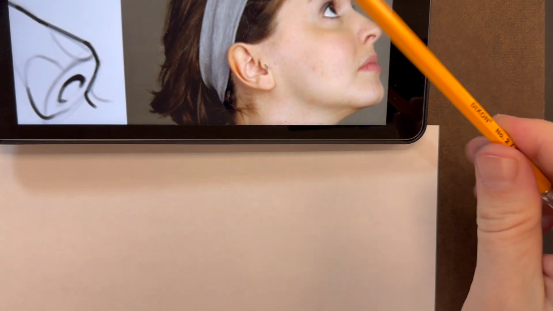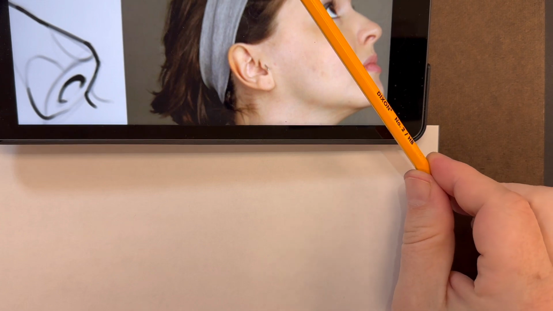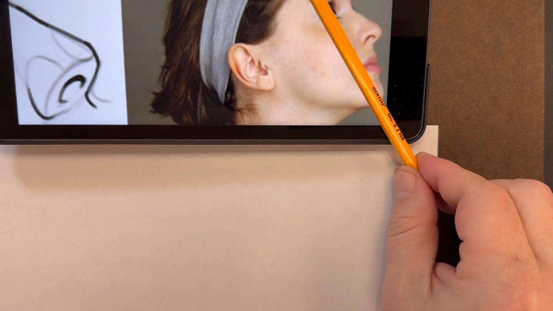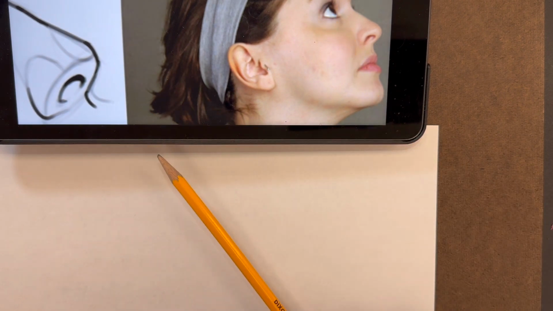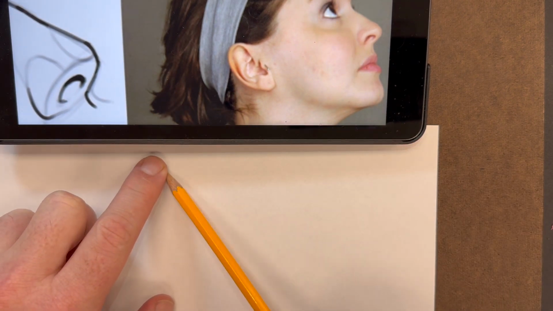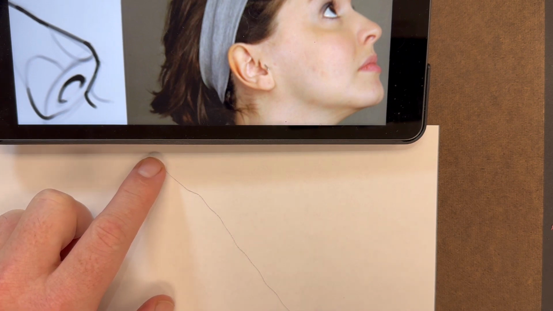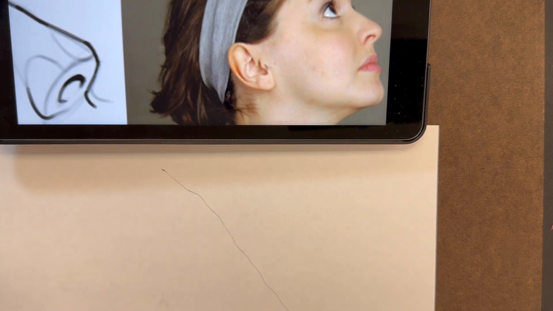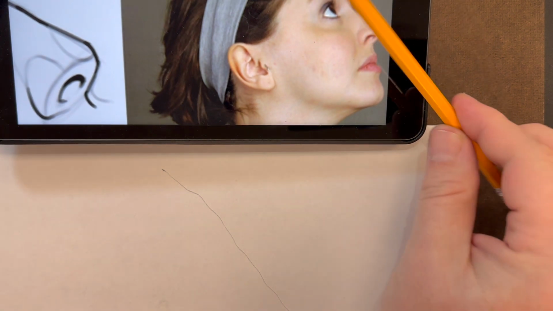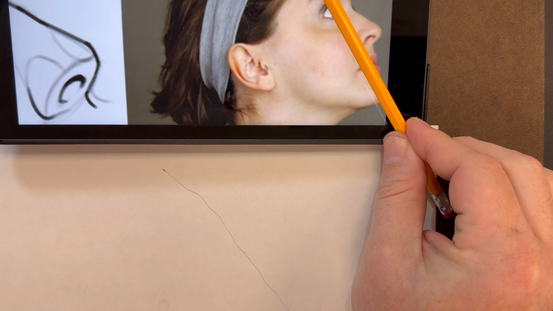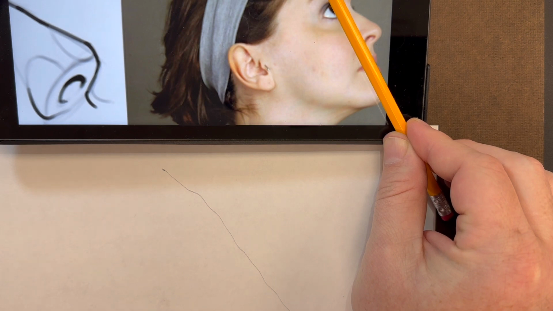All right, so the tilt of the face is right here. What time is this? 11 o'clock. So we put that here, and we just draw a line. From there, we can keep in mind this 11 o'clock, but now when I put my pencil here, you can see